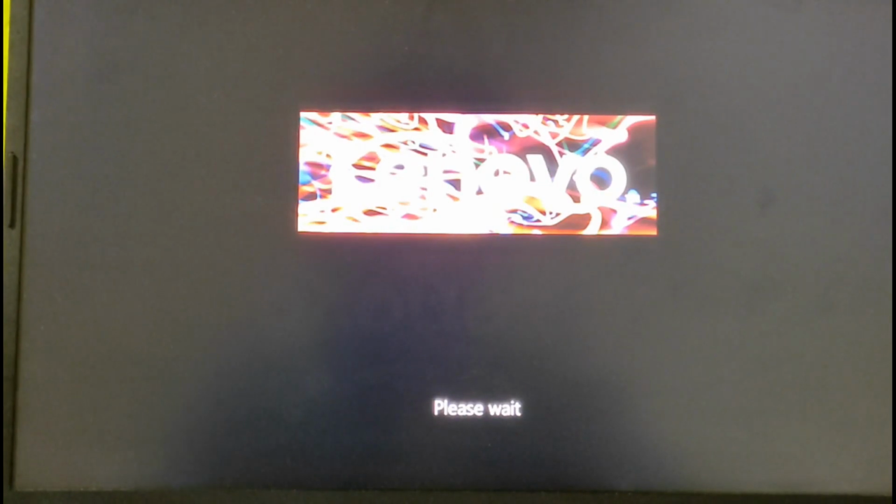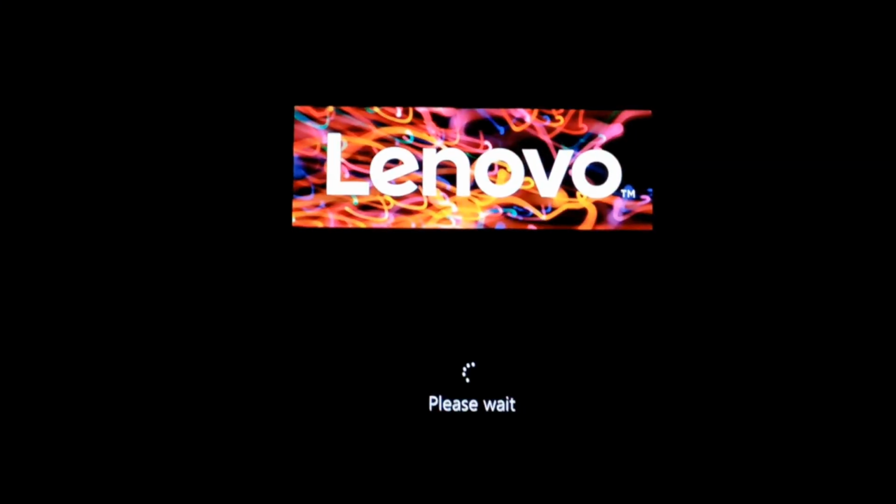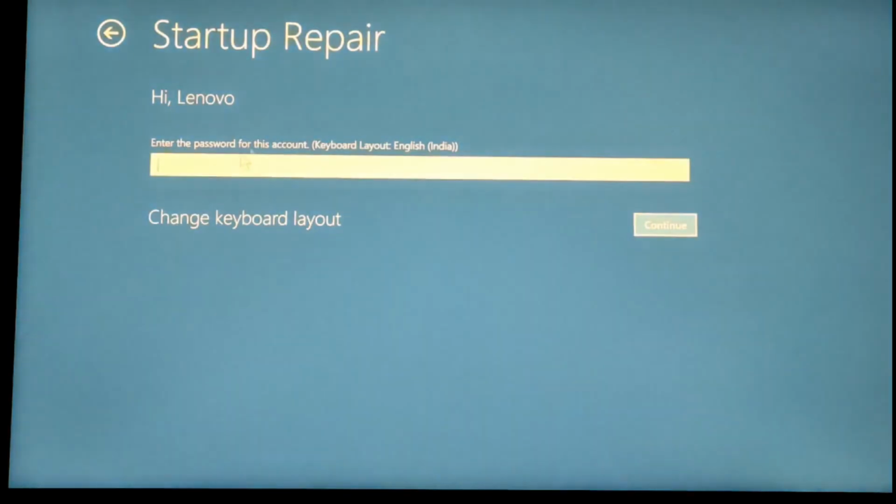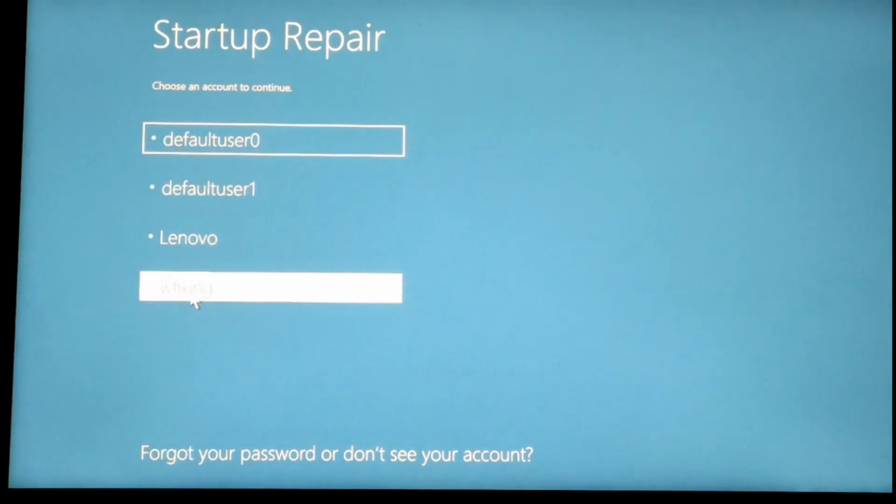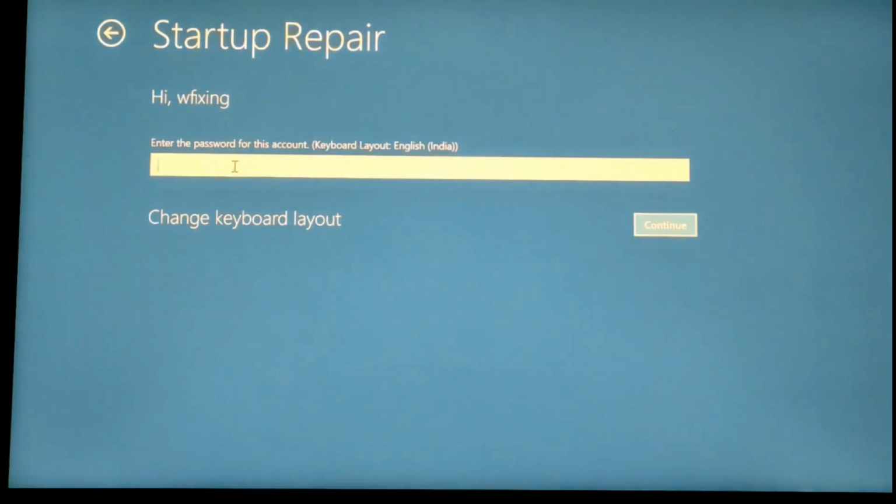It's showing please wait, and we are in this mode where you have to select your account. Because I am selecting a temporary account, it will not diagnose or repair my PC. Only for reference I am doing this.